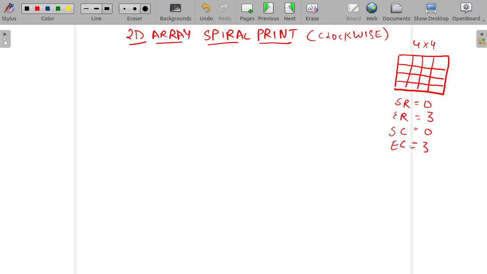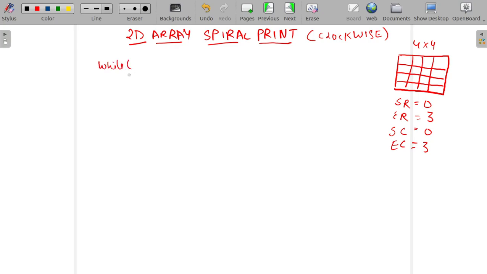So what we have to print first, we have to print this row, right? So for printing this row, we have to write a loop. First of all, we will write a while loop.